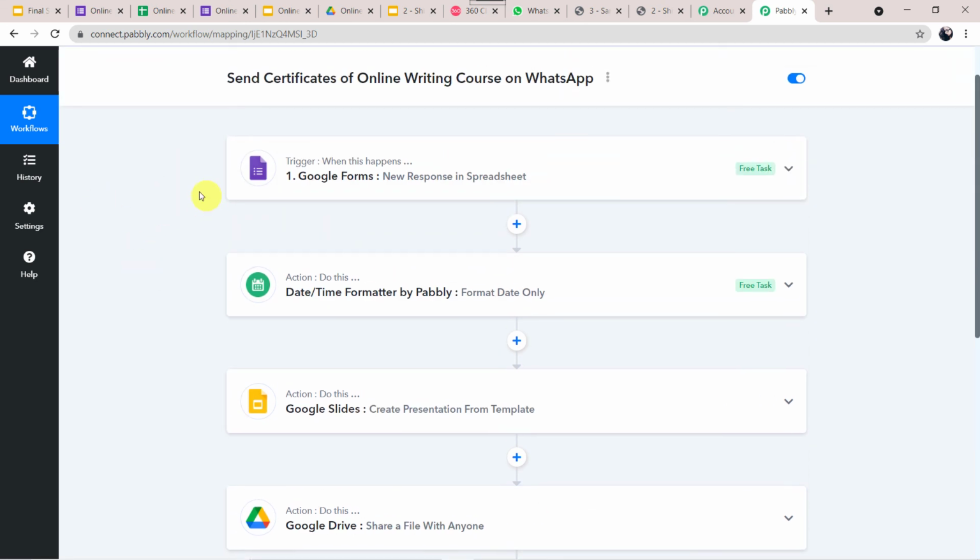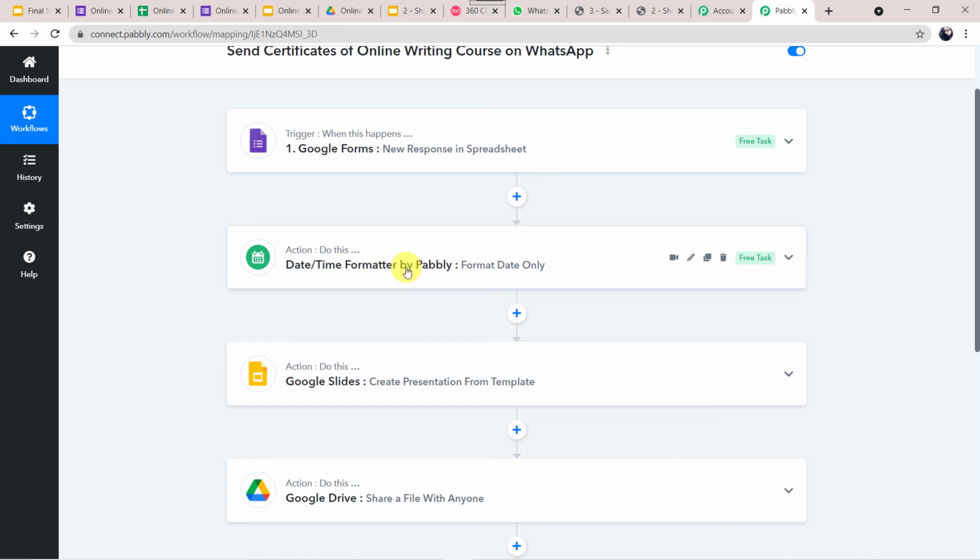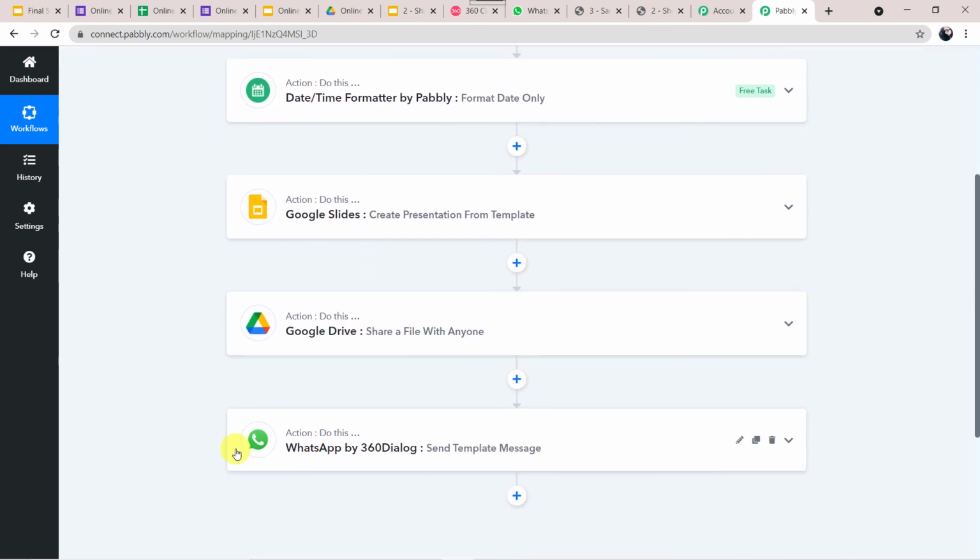Okay, so now in this use case, we want that whenever a Google form is filled, automatically using the details of the student, a certificate should be created using a template into the Google Slides. Automatically, that certificate should be converted into a shareable format in Google Drive, and the same certificate along with a message should be sent on the WhatsApp number of the student. Here we are using 360 dialog for sending the messages on WhatsApp, and we have used the date and time formatter also to capture the correct date. Okay. So in this way, we have created a successful integration between Google Forms, Google Slides, Google Drive, and WhatsApp